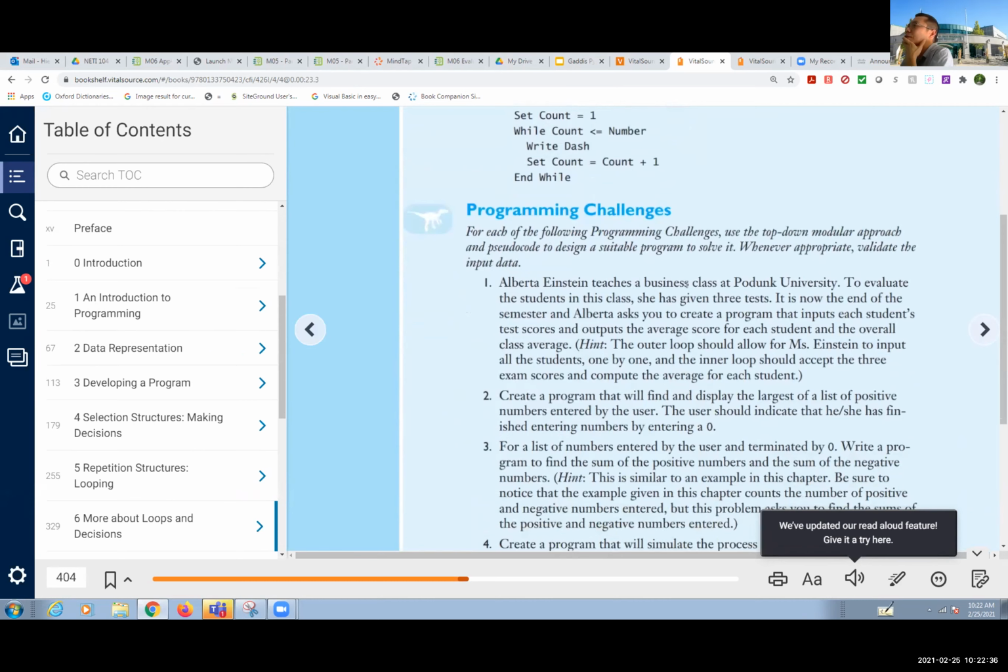Okay, so a business class, each student in this class has been given 3 tests. It's now the end of the semester, and the class is to create a program to input each student's test scores and output the average score for each student. Okay, so if you look at this one,